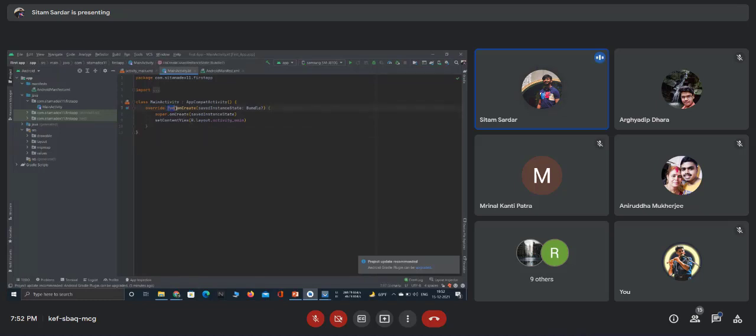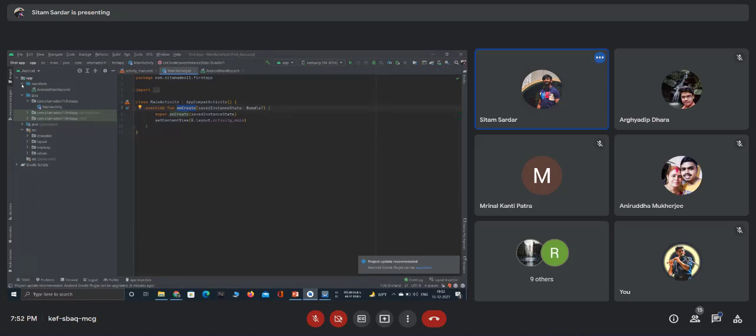Since the fun keyword is used here, onCreate is a function. From this onCreate function, every app starts every time you click on a launcher icon. Okay, so that was the basic thing.